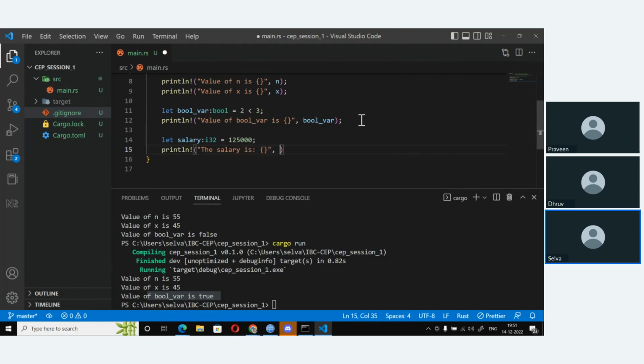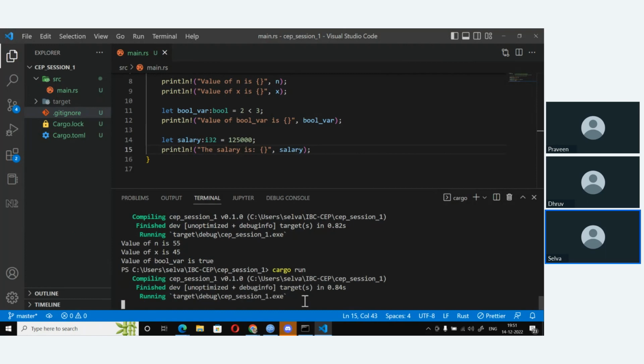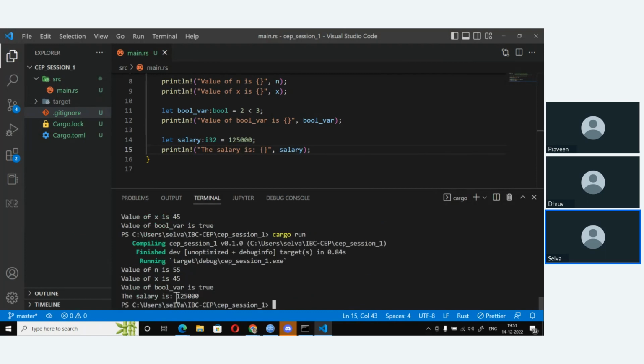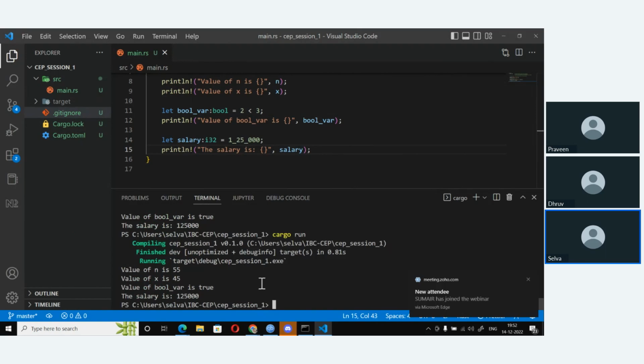So it is salary, and then if I run this, it's coming as salary. Now, however, we want this to be readable. So what we can do is I can put an underscore. I can say 1,25,000 like this. If I put it like this and I run this, I still get the value.